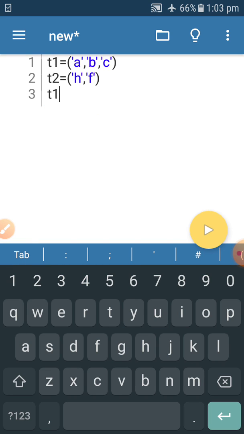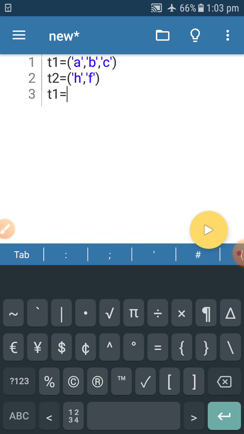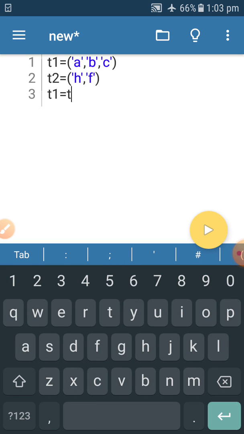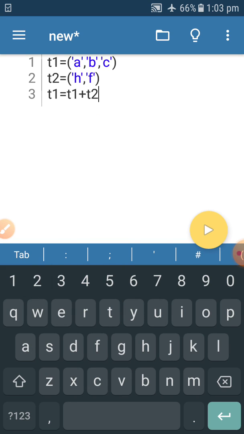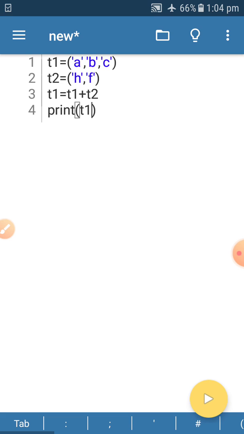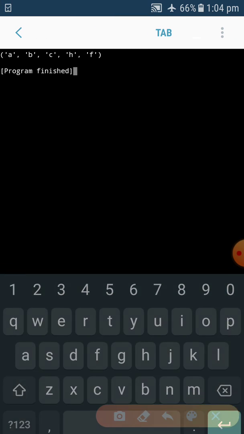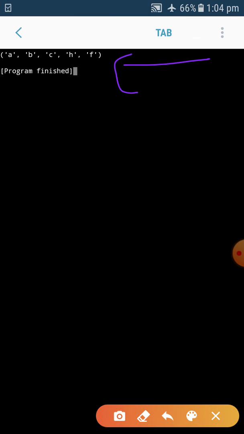So what I'm doing, T1 equal to T1 plus T2, and the output is going to be stored inside T1. Okay, so T1, let's print. So both tuples get together. So the union of two tuples is done with the help of plus.